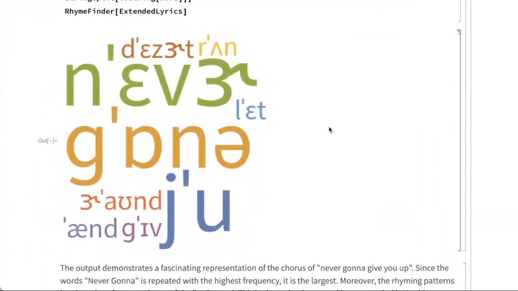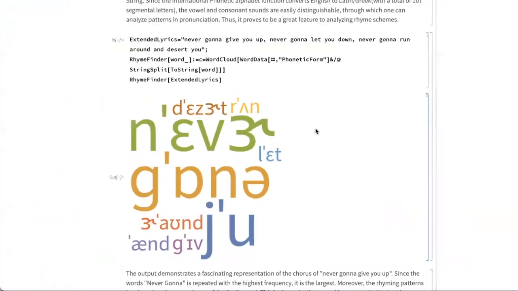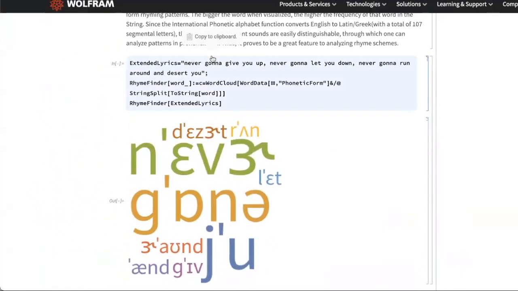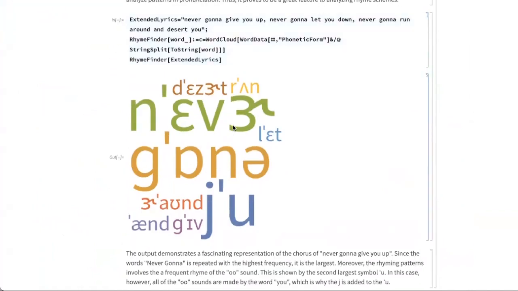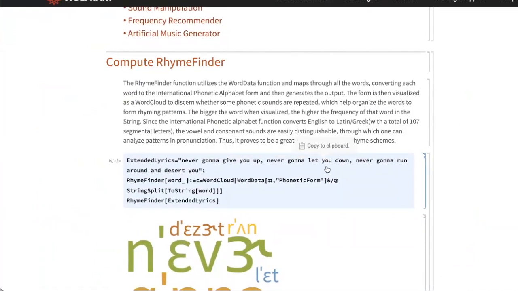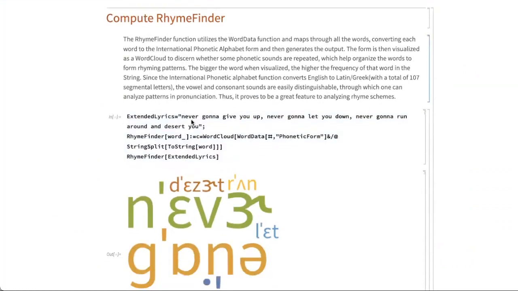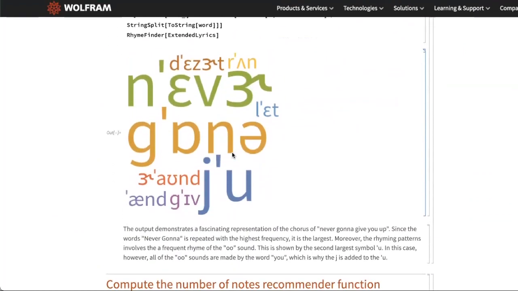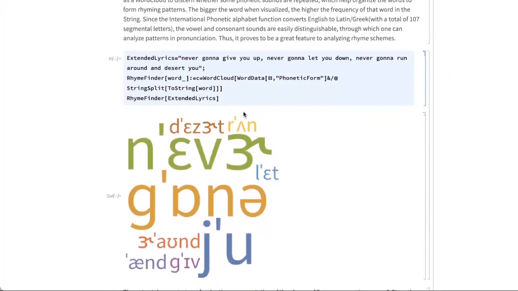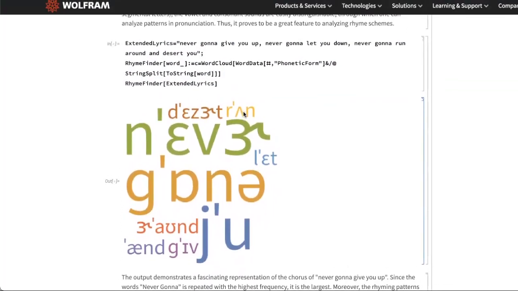So this is a word cloud generated from the song "Never Gonna Give You Up." It was kind of a meme at camp, but that's what he used to generate a word cloud. Here you can see the word "you" is repeated. Never gonna give you up. Never gonna let you down. Never gonna run around. So the word "you" is probably the most prominent part of this, and also the "ever,"